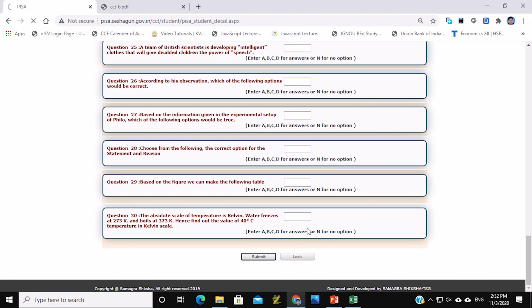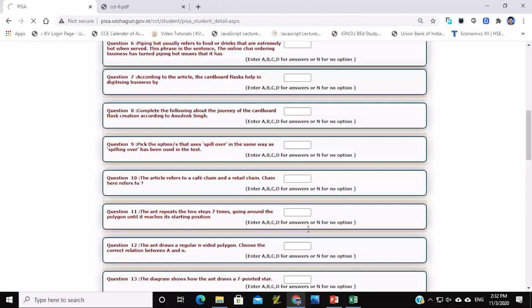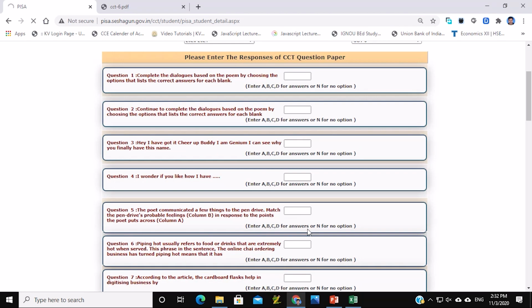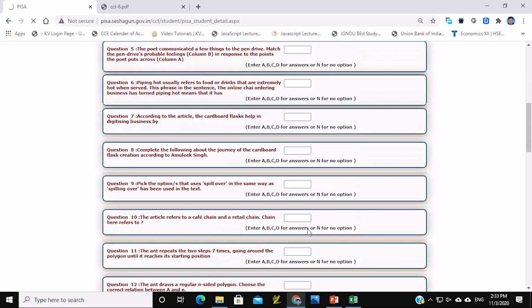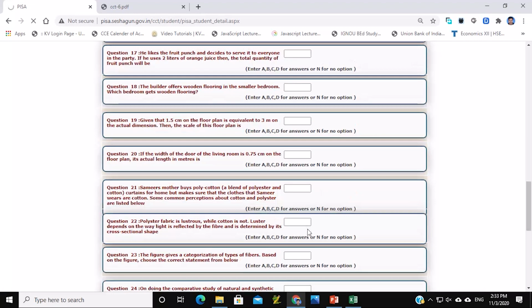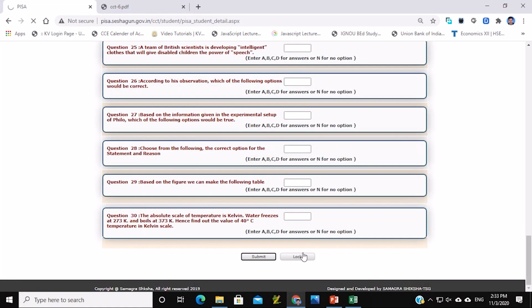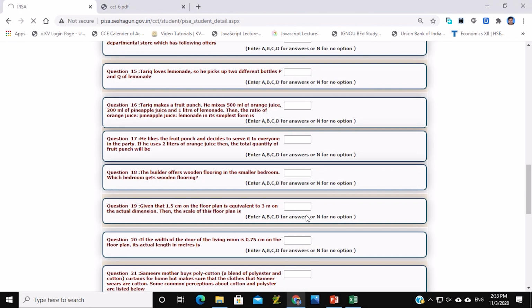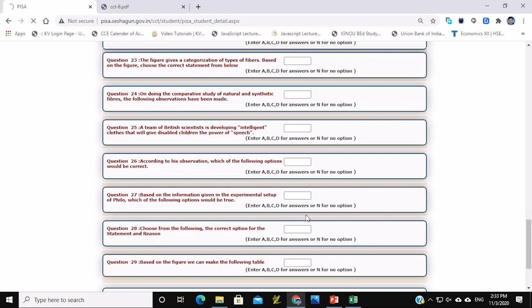As soon as you click on submit, whatever the data you have entered is saved, okay, but it is not yet evaluated, it is only saved, okay. It will be evaluated once you click on the lock button. Remember, if you have clicked on submit, it will only save, okay. If you want to change any answer, that answer you can change, okay. But once you lock, means the process is over, you will get how many marks you have scored, okay.